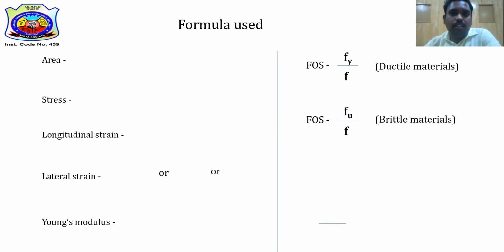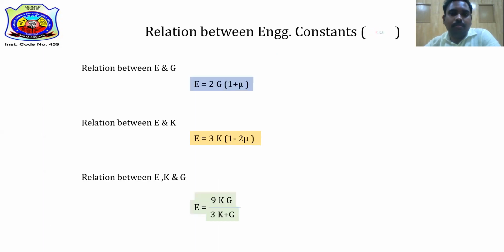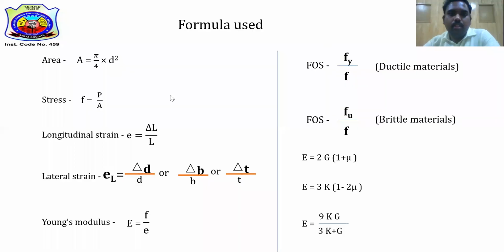Students, this is the slide which shows the formulas used. These are the important formulas that we come across while solving the problems. I'll just read out the formulas. A is the area. The formula is pi by 4 into d square